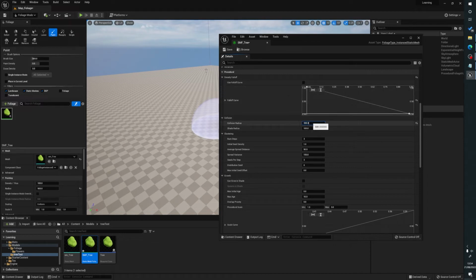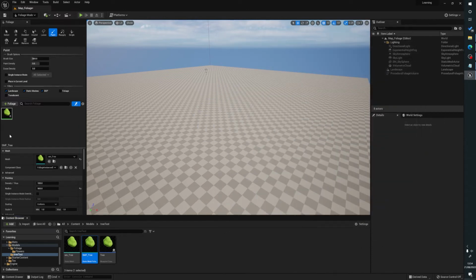Sorry, that's for the procedural element of this. We're going to be just looking at hand painting. So we'll just leave that as it is, and we'll go save. And what we can do here is just close this window. Basically we can go to these sections, click on our SMF tree that we've created, and we can